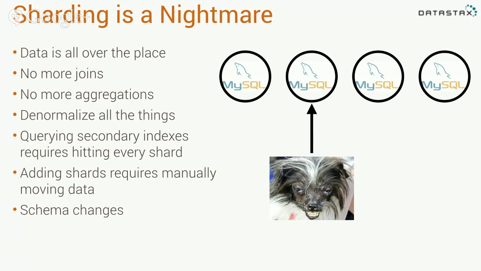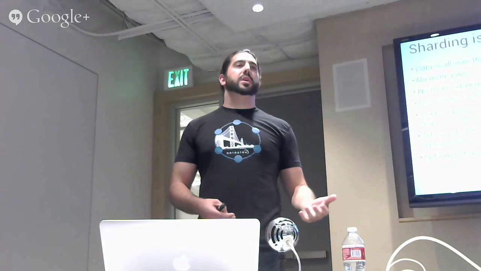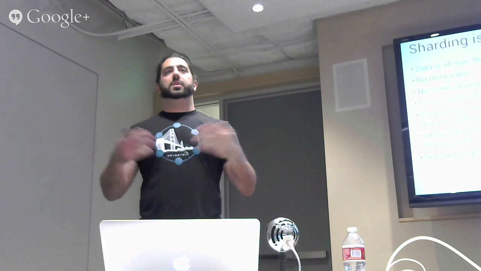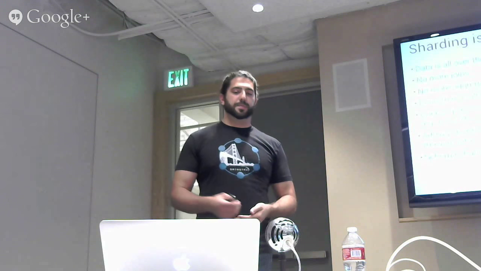It becomes impossible to join across the different database servers because they're separated in your application. You can no longer do aggregations because the aggregations that you needed to do before probably relied on a join. So what happens is you end up denormalizing everything. You copy things around. You make it easier to query. Maybe you copy the same username again into multiple tables in different shards, and it's a lot more efficient.